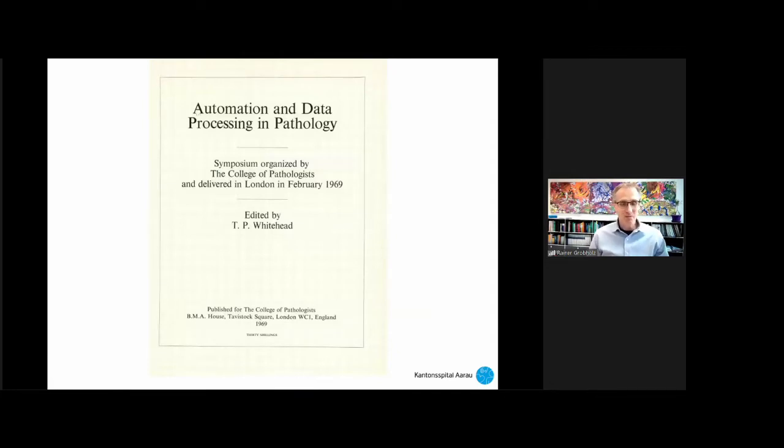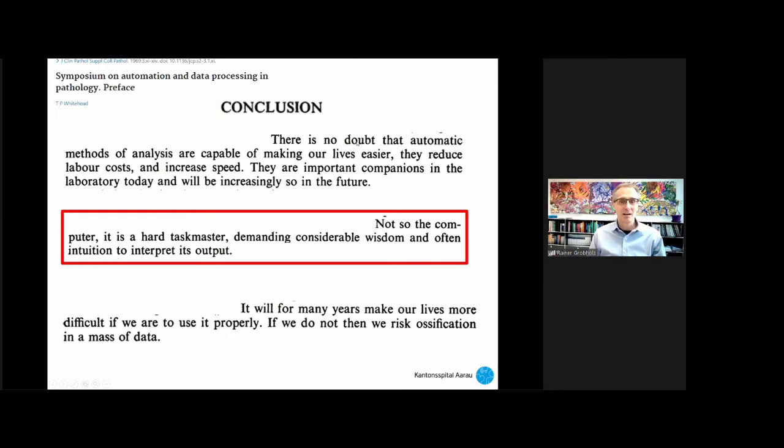We are not the first to have such a meeting, and look at what I found. In 1969, there was a symposium on automation and data processing in pathology, at a time when computers filled a whole room and there were no monitors. All you had was a pile of paper printouts to get the results of all the programs you had been running. And most interestingly, and very actual, the conclusions of this meeting were like this: